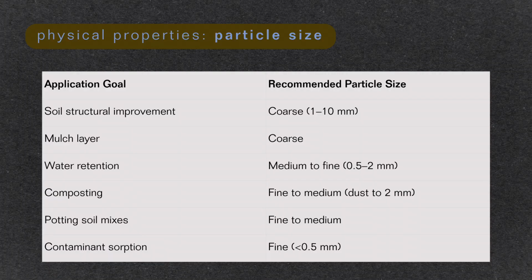So as you can see here, depending on your application goal, you have different sizes that you can work with. Starting at the top, if your goal is to improve your soil structure, then you're going to want to go with a bit more coarse size. If you wanted to use your biochar for a mulch layer, then you also want to go with something coarse. For something like water retention, improving the amount of water that your soil can hold, you're going to want a medium to fine. And when it gets to something like contaminant sorption, you want to get even more fine,